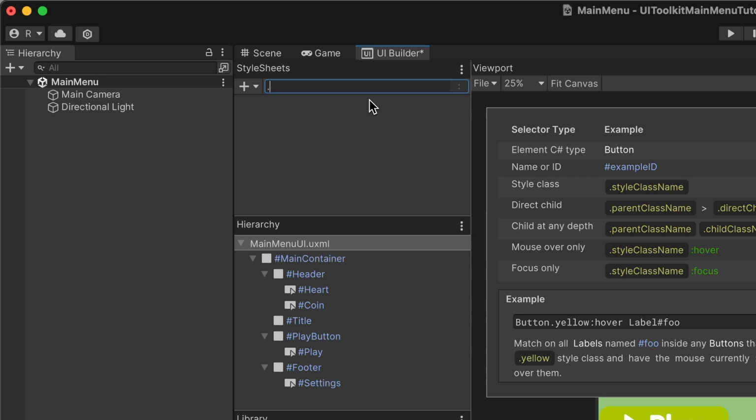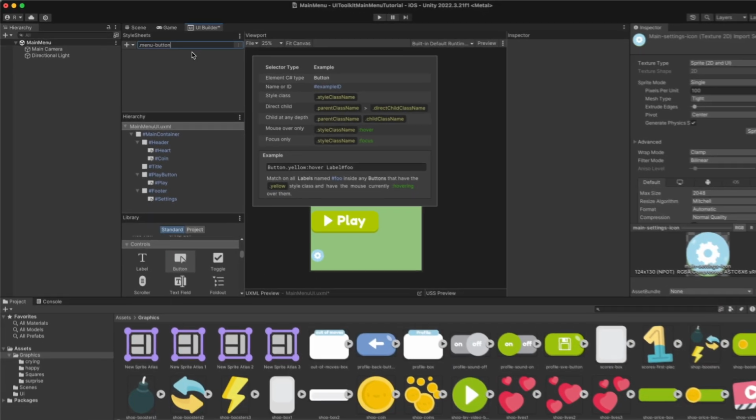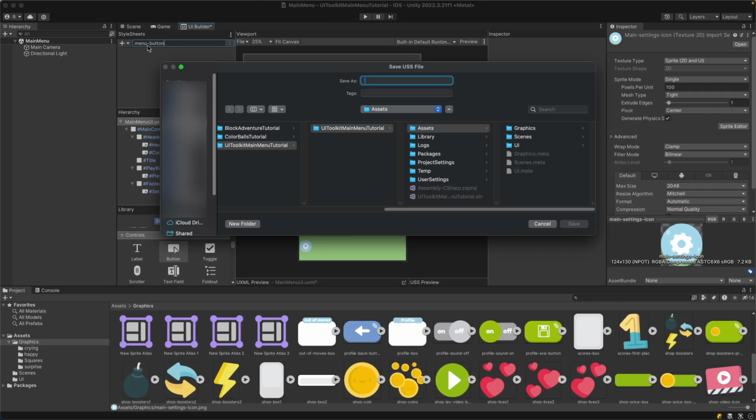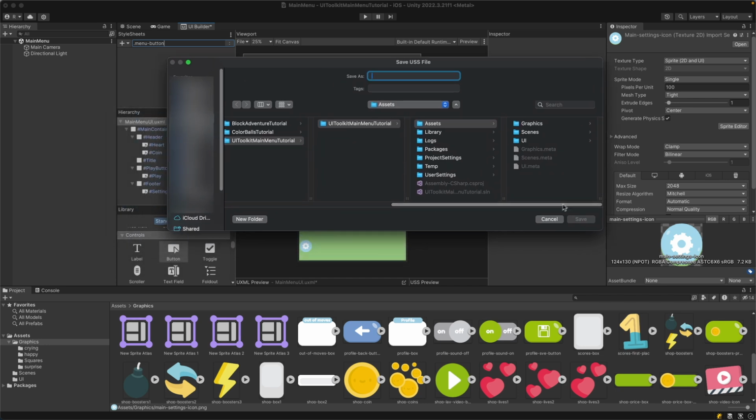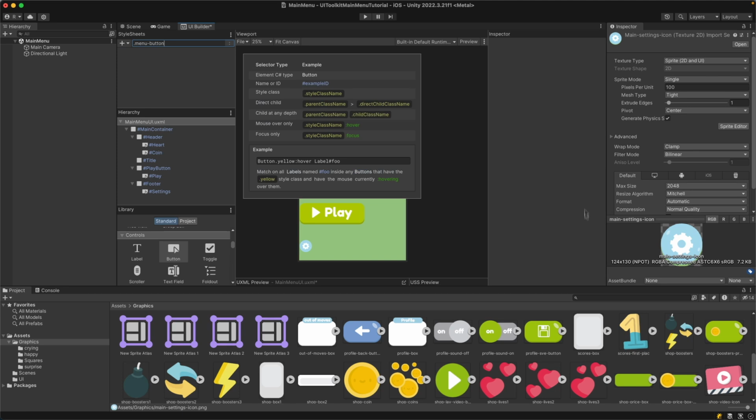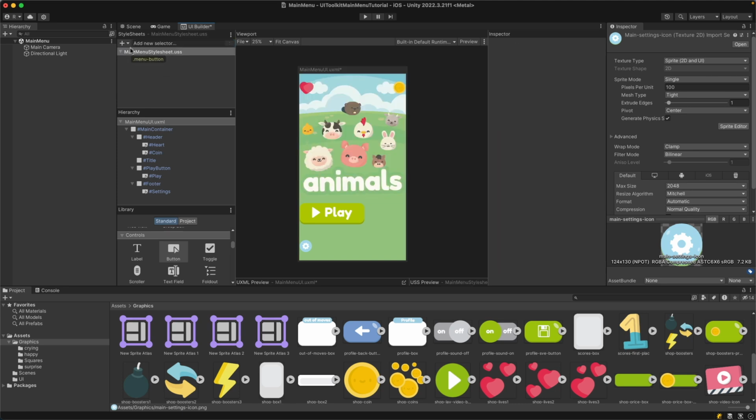So I'm gonna put dot and then main button. This is going to be the name of the class. Hit enter, and because there is no style sheet created, Unity will ask you where you want to create your style sheet. So I'm going to give it a name, main menu style sheet, and I will save it under the UI folder and then hit save. As you see, once you create it, you will see the name of the USS file with the class